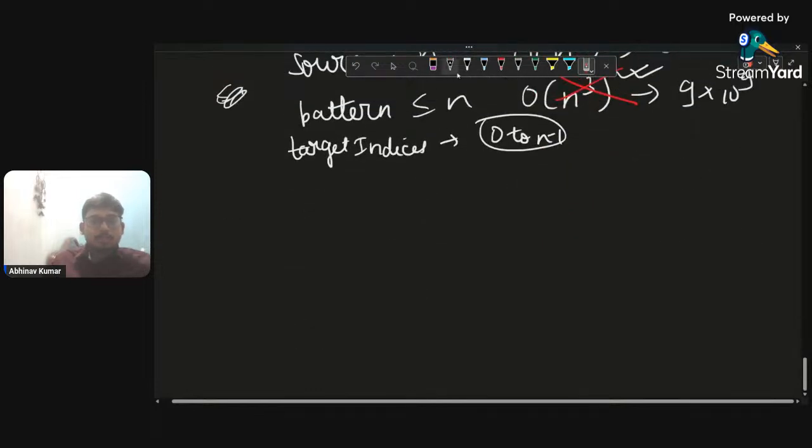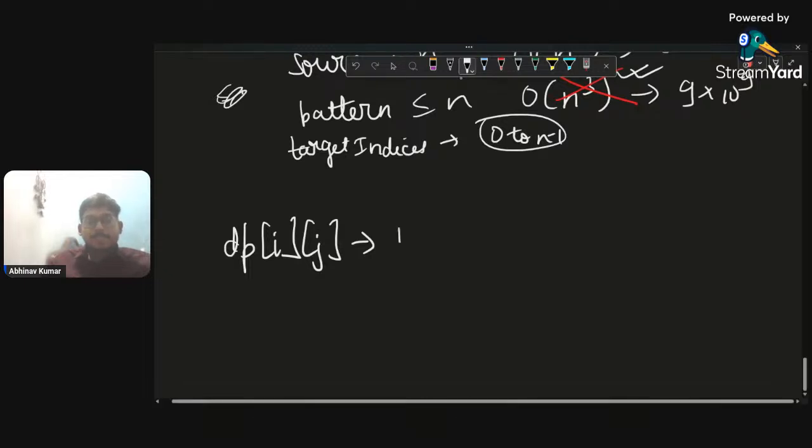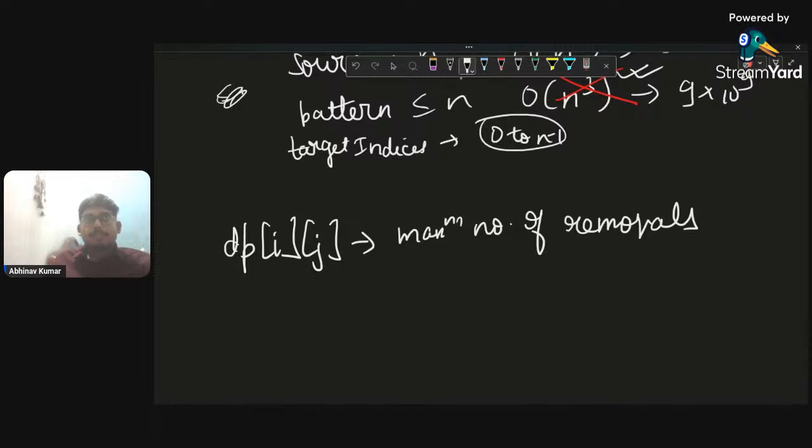What DP state am I going to take? My DP[i][j] is going to be the return value, and most commonly in a DP state we store the answer that we are going to obtain. The answer we are trying to obtain is the maximum number of removals. That's what we would store in my DP state, but with i and j, that would constrain it to the maximum number of removals